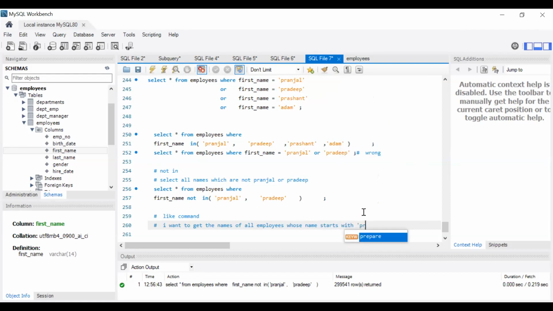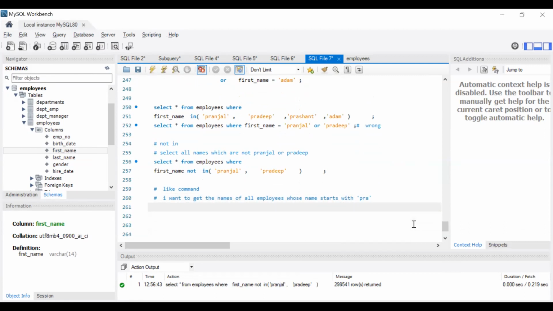Whose name, let's start with PRA. Okay. Whose name starts with PRA or it has PRA. So what I can do is I can say select. अब सब लोग please एक second देखो यहाँ पे select star from employees where first name like, and I am giving PRA percentage. I am giving first name like PRA